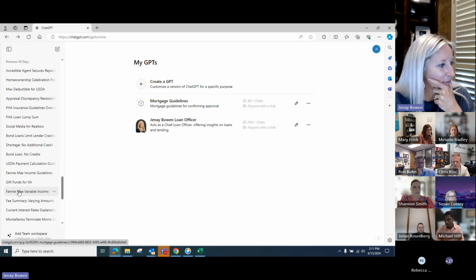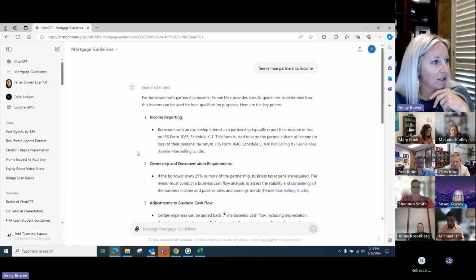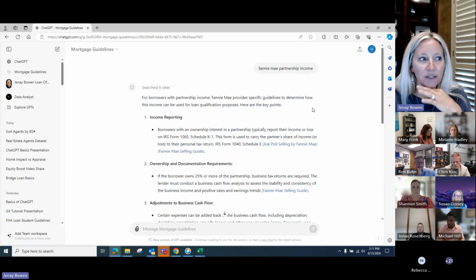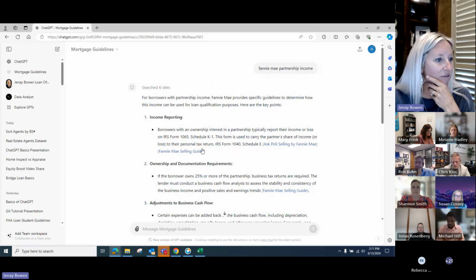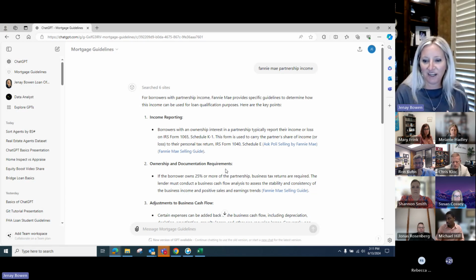Look, here's one, like Fannie Mae variable income, gift funds from VA, Fannie Mae income guidelines. Let's just say this was one I did. I don't even know when I did it. Partnership income. Oh, look at that. It was how to do the partnership income, and I had requested it. Well, on this Facebook page that I'm on, this private page,